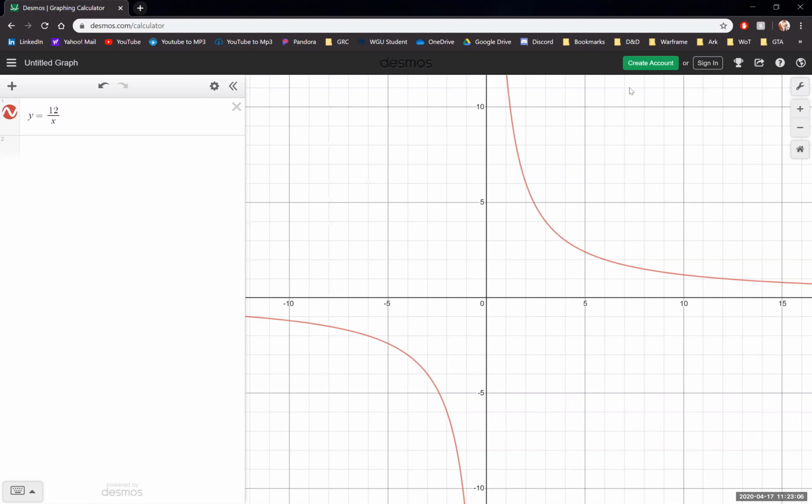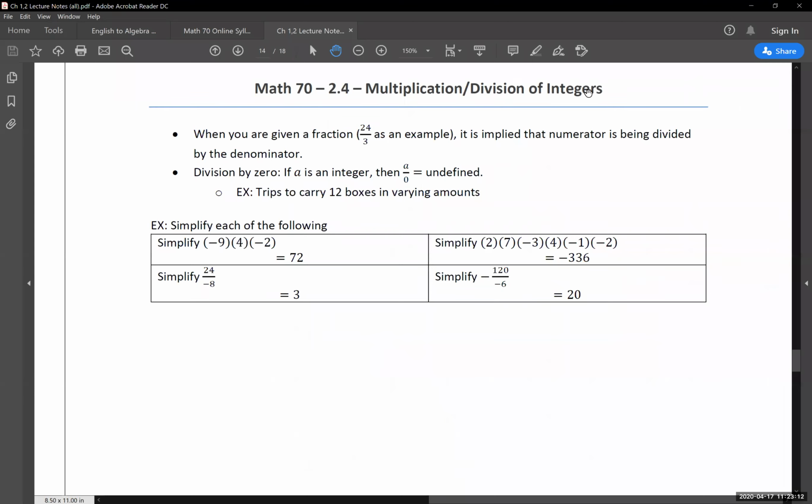So jumping us back to our notes here. And again, the main reason I wanted to go through that with you guys is because I see it very often. If or when this shows up on a test, hint, hint, I get a lot of people who get to this point of the problem and then say, oh, it's 0. And no, it isn't. It's undefined. You will need to write in undefined for your final answer. If you just write in 0, you have a wrong answer and you're going to lose points for that. So there's a very big difference between nothing and 0 and undefined, I should say.